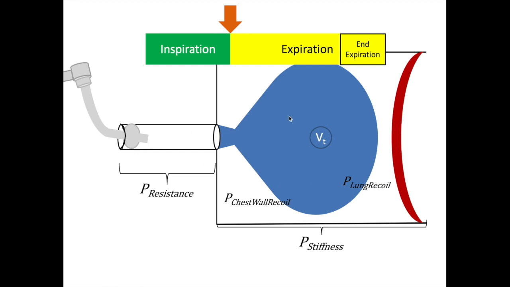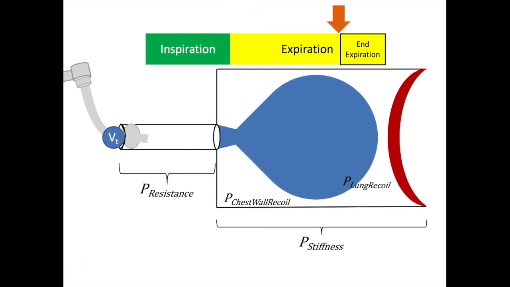The ventilator and patient effort of the diaphragm have worked together to stretch the lungs and chest wall out like a spring, and when both of those things are gone, these are allowed to recoil just like a spring, to go from that stretched state back to the relaxed state, and that force is enough to move the tidal volume back out of the lungs. Apparently there were some old ventilators that actually sucked air back out of the lungs, but modern ventilators don't do that. Modern ventilators don't suck, they blow. So they only push air in, and it's always the lungs and the chest wall that relax to push the